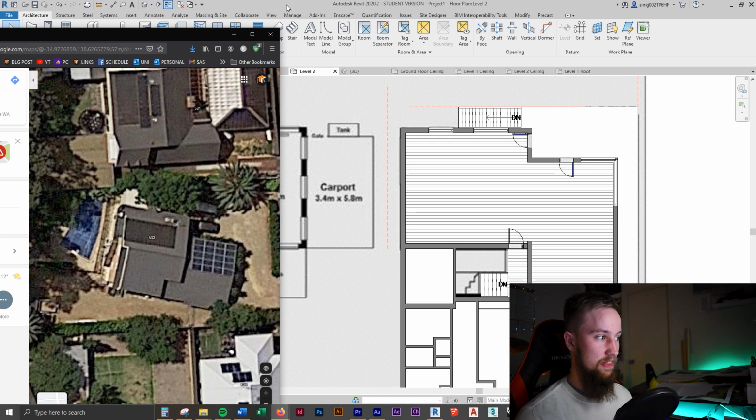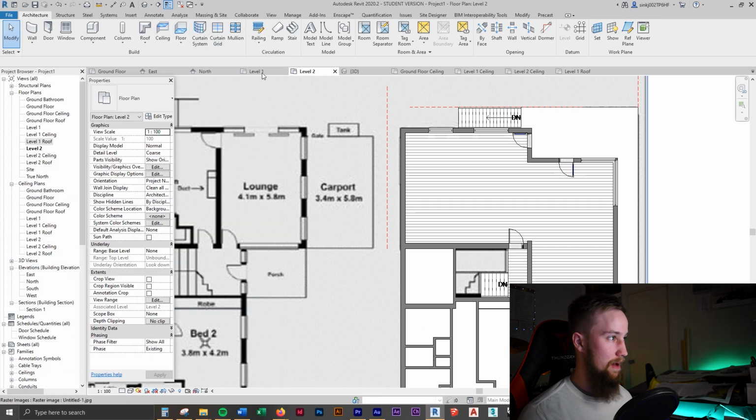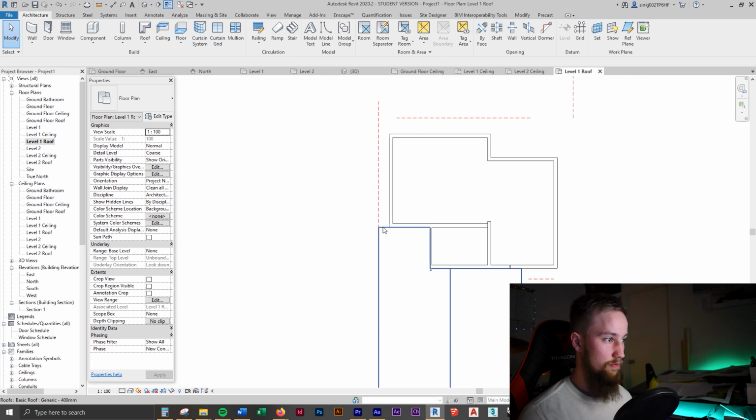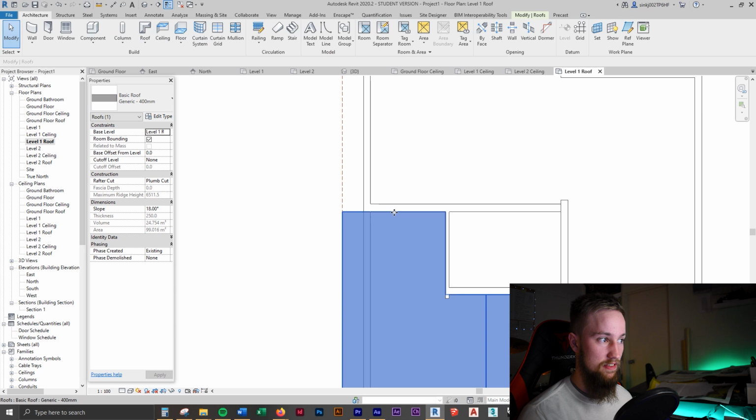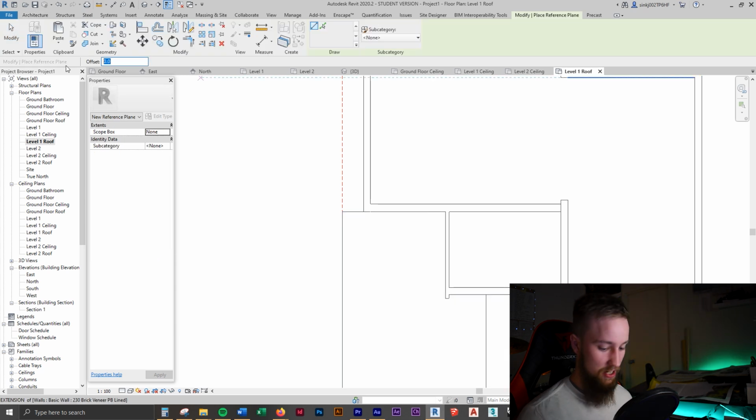And I'm guessing that the level 2 roof overhangs the level 1 roof by the same distance as this. So if we get back to our level 1 roof plan, we can see where that roof is. And we're going to do another reference plane, which is 700 millimeters off of this wall. So we're going to change the offset again to 700, click on that wall, and then bring it around to